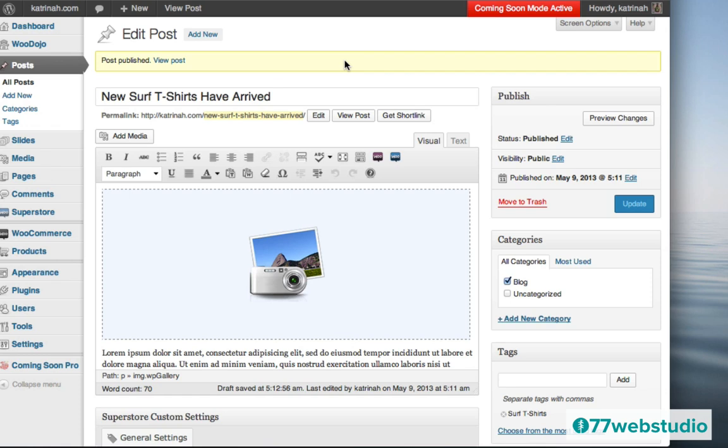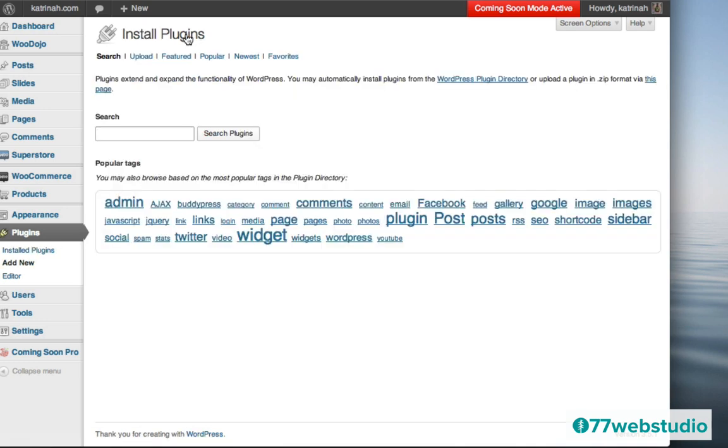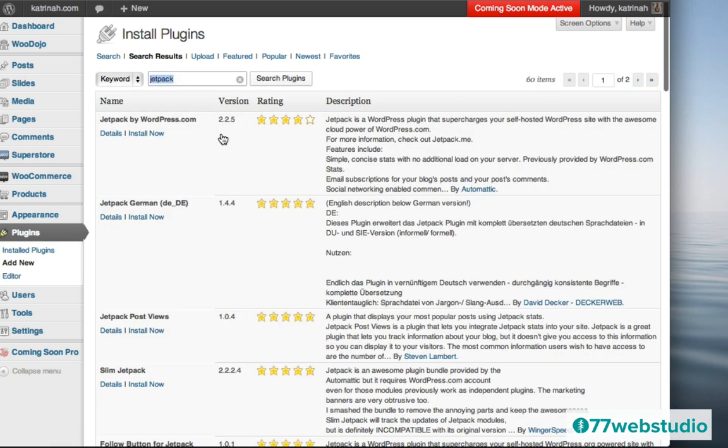So before we can actually view the post and the gallery, let's go add the Lightbox to the site. So we need to add this plugin called Jetpack. So I'm going to go to the left-hand side and click on Plugins. And then at the top of the plugin screen, I'm going to click on Add New to add a new plugin. The plugin we're looking for is called Jetpack, so I'm going to do a search for it right here. And then I'm going to click on Search Plugins to search for the Jetpack plugin.